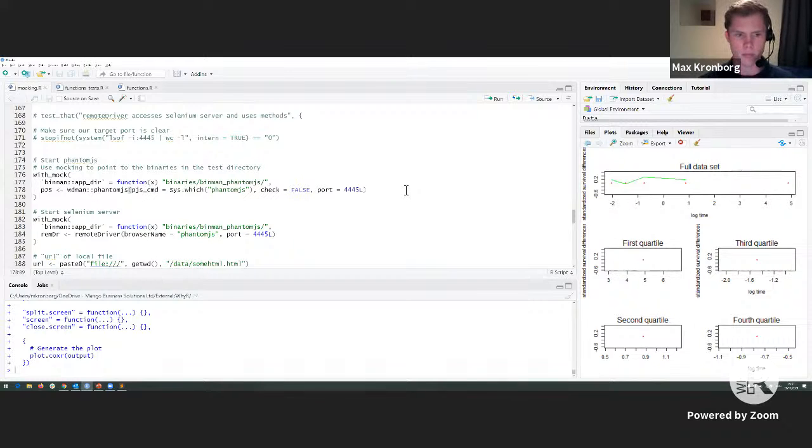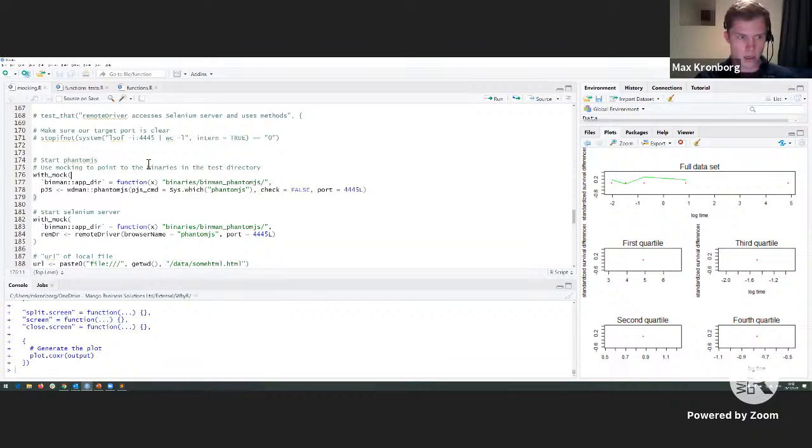And if it can't find the files, it tries to access the internet, which is also not allowed for our product. So the way to get around this is to put the file somewhere that we know of and ship them along with the code, and then use with mock to redirect the lookup for these files.